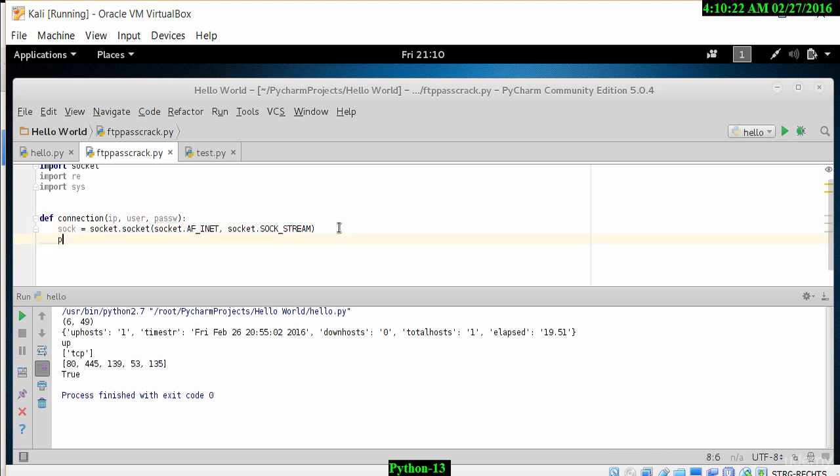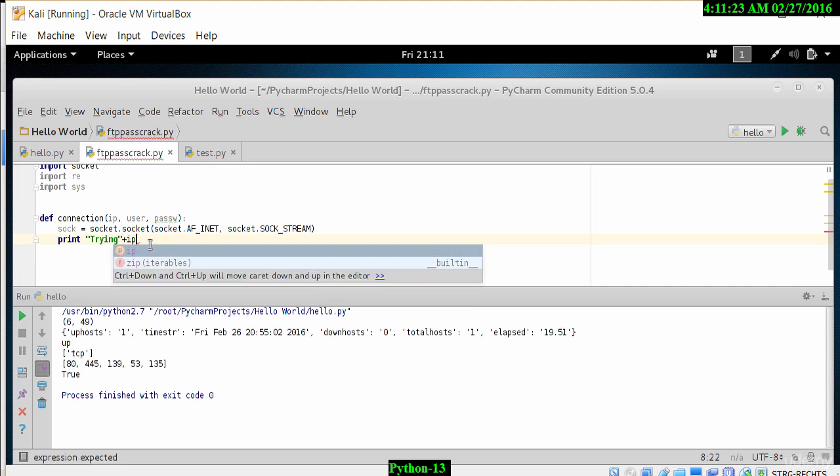Let's go on to now print a message to the screen, and what we want to do is print something that says which username, which IP address, which password are we trying. So we want to print something in quotes that says trying, and what we then want to report back is what IP address are we trying, what user are we trying, and what password are we trying. So trying, and then we need to put in some of the variables, which will be plus, and we need something for the IP address. So we put in IP,